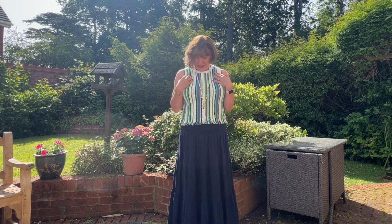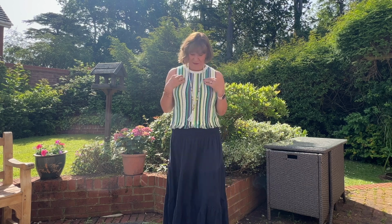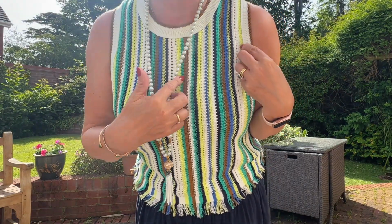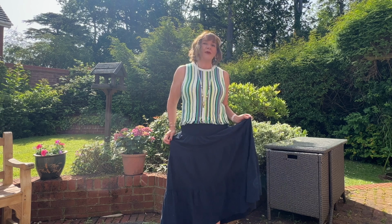I'm wearing this top from Me&M, and I actually bought the skirt that matches it as well. I saw this and I absolutely loved the different colours in it. You can see it's got lots of colours in there that you can mix for different outfits. The darker colour here is actually navy, so I'm wearing it with this navy skirt which I bought just before